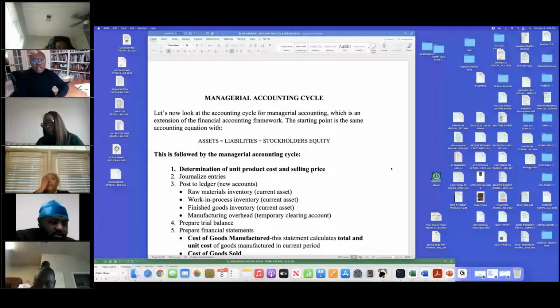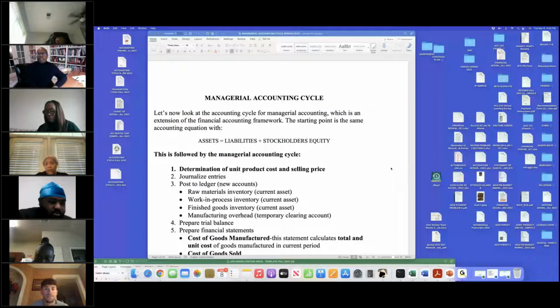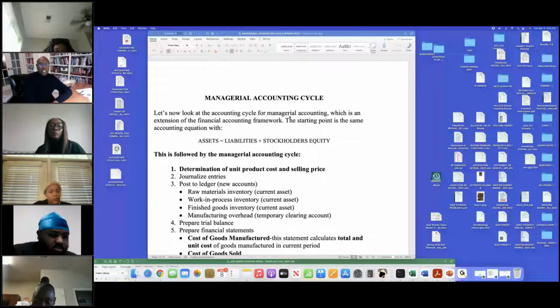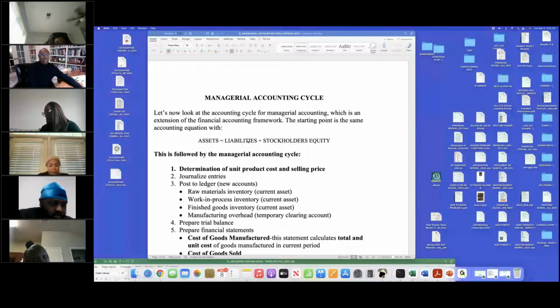Okay, so we're into managerial accounting and the managerial accounting cycle as we move into the managerial phase of the course. And that cycle is based on the standard equation, assets equal liabilities plus stockholders' equity. That is still the foundation. The cycle consists of